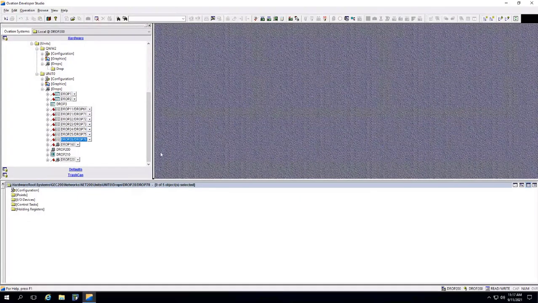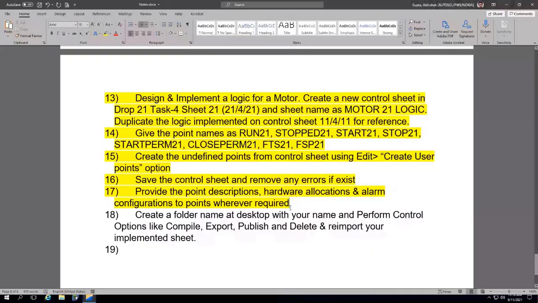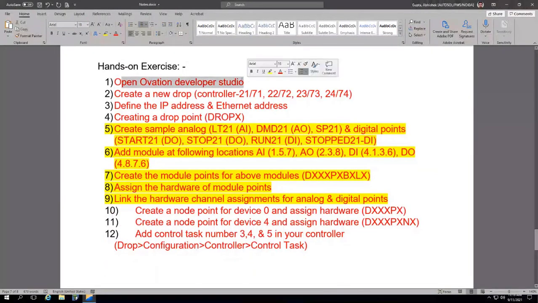Okay, so now let me discuss some other major functions with you. With this node, when you are done with this activity, my expectations from you is that now you guys are familiar with the Ovation Developer Studio. You guys can add a new controller and assign the IP and Ethernet addresses.